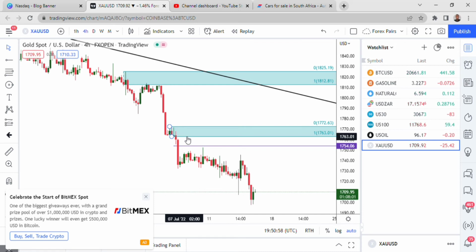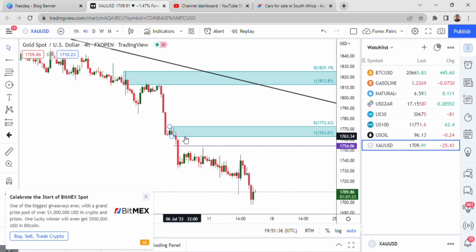So the profit margin now is too small, which means if it's coming to my zone, I want it to come all the way down and not form anything and compromise my profit margin. Because if this was not there and you're trying to buy here, at least you know that the next opposing one will be all the way up there, which means the profit margin before the price can hit the area of resistance is big enough, which is worth taking a risk. But if the price is going to form a zone just before hitting the area where you're trying to buy, then that's not a good sign, because if I'm buying, I'll be targeting this and it's very close. So it's not worth it.